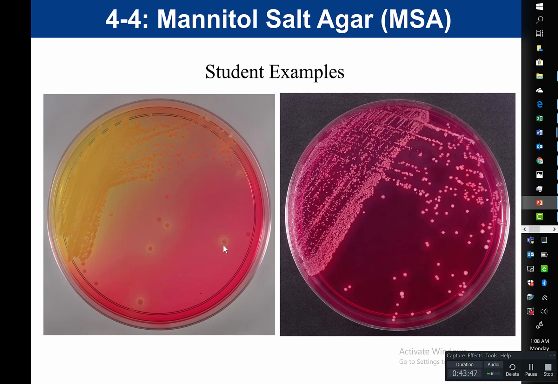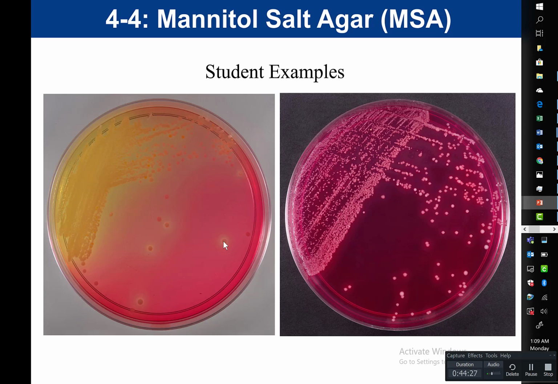Because remember that when we look at an MSA plate, yellow is presumptive Staph aureus. It's not confirmatory. If we want to confirm, in fact, that it is Staph aureus, we need our confirmatory test, which remember that I mentioned is going to be coagulase. So we would pick up this colony to inoculate a coagulase test to see if, in fact, it is Staph aureus. Because if it's coagulase positive, that would be confirmatory for Staph aureus.